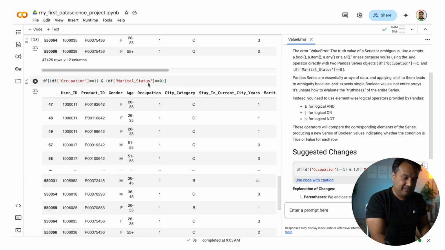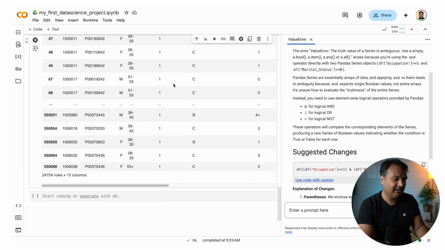Okay, next let's see if you want to do a group by. Now group by is a little advanced, but I want you to know it because it is a very common thing. We don't usually do group bys in Excel because I think it's a little difficult to do. At least I don't remember how to do it. But the main idea behind group by is that you group different kinds of people together and then you ask, okay, what is the common thing about this group?